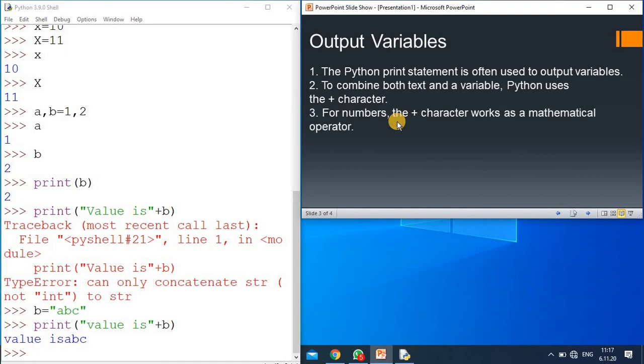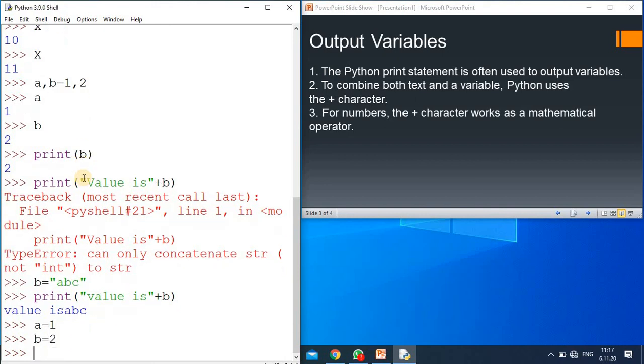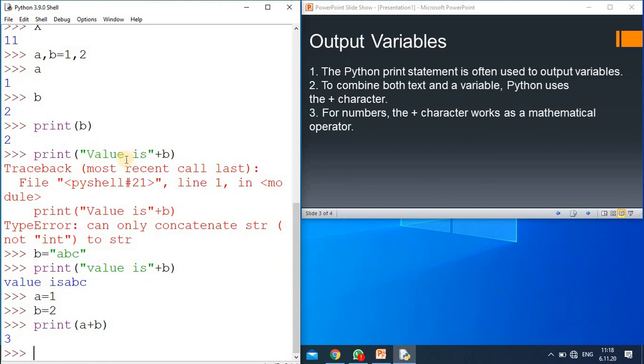Over here the next point shows plus also works with the mathematical operator. For example, here if I take a equal to 1 and b equals 2, now I am using print. Now here you see print a plus b, so it is showing the addition.